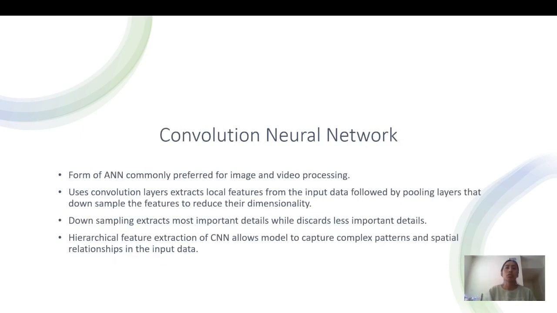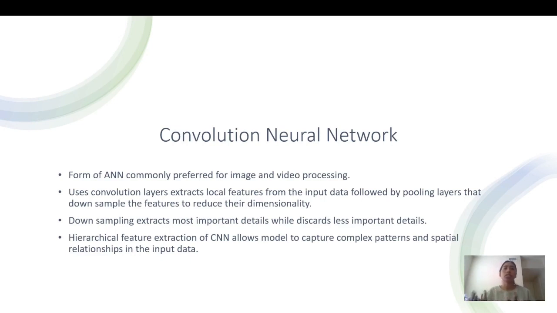Next is a convolution neural network. A convolution neural network is a form of artificial neural network that is commonly preferred for image classification and video processing. It uses convolution layers, and the layers extract the local features from the input data, followed by